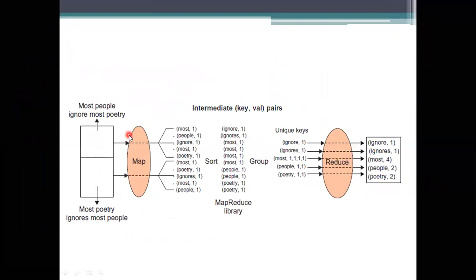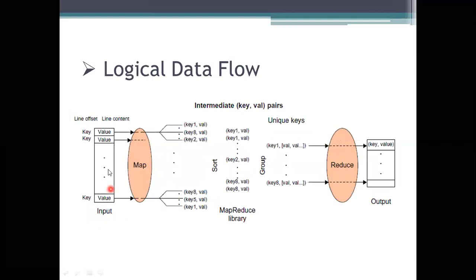Here, just now we have been seeing the representation. The values will be chosen by the processor, and we need to assign a key value here. Likewise, in the operating system we have the offset address, the physical offset address or the virtual offset address. Likewise, we are going to use the line offset and the line content into account.